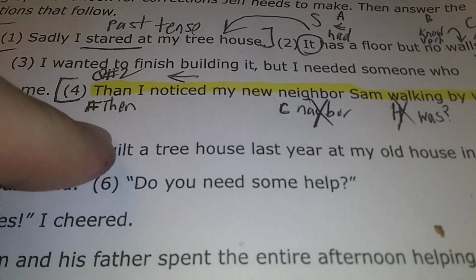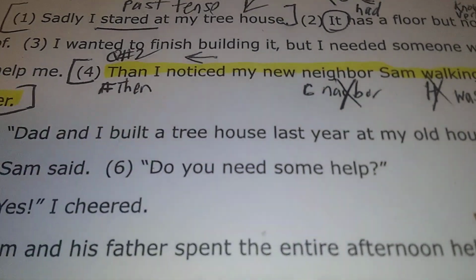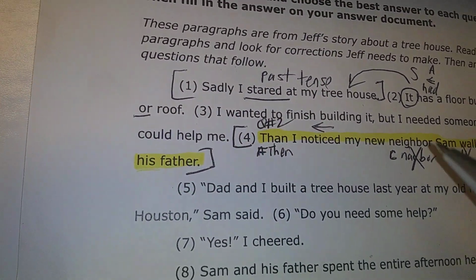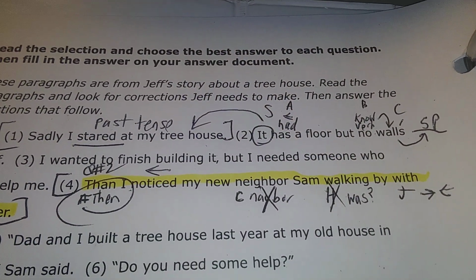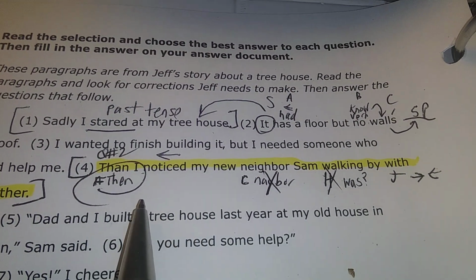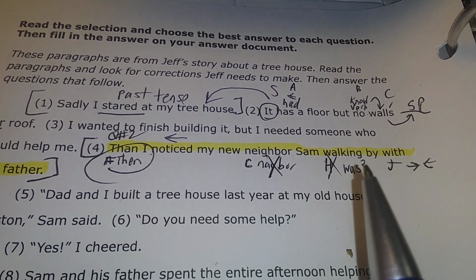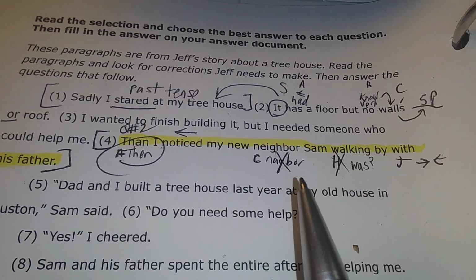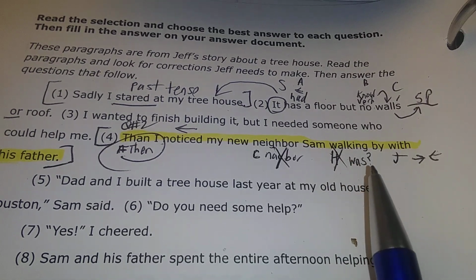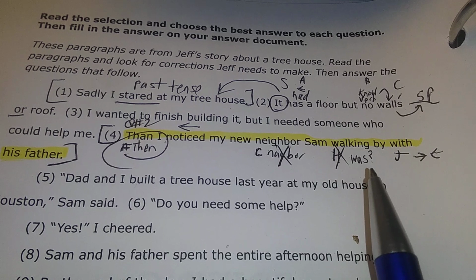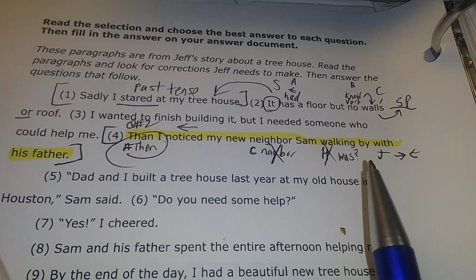Than is A, so since we're not comparing, then more than likely that's a time, so we think that's going to be the right answer. I noticed, past tense. I is me, the subject, the pronoun. My new neighbor. We already decided that there's no such spelling as nieghbor. Sam walking. Okay? So if you can say was walking, my new neighbor Sam was walking by with his father,